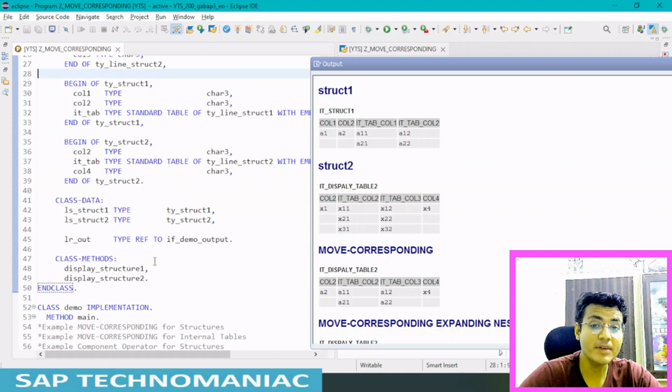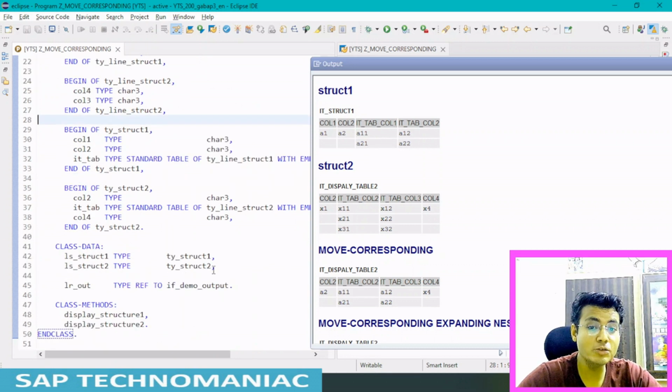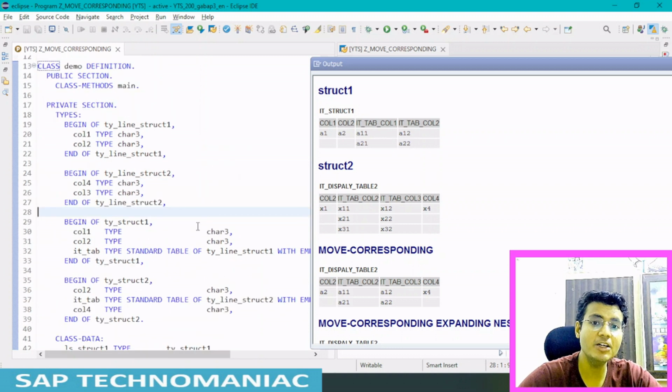But in case of nested structure, when we use EXPANDING NESTED TABLES, it will map column by column. It will check whether column 1 is available in structure 2 or not, or column 2 is available here or not. If both columns are not available, it will not change at all.